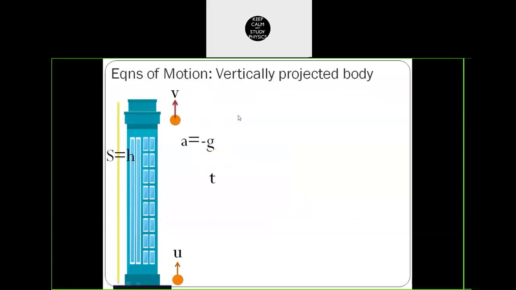Okay. Now we apply changes to each and every equation. We take the first equation, v equals u plus at, and apply the changes here. v remains v, u remains u, because final and initial velocities have no change. Only acceleration changes to minus g. So now this becomes v equals u minus gt. This is an important equation, right? Likewise, all three equations can be changed.